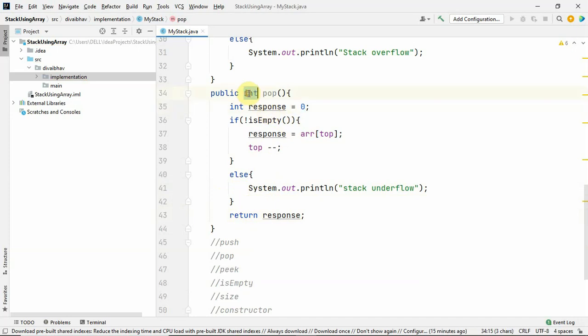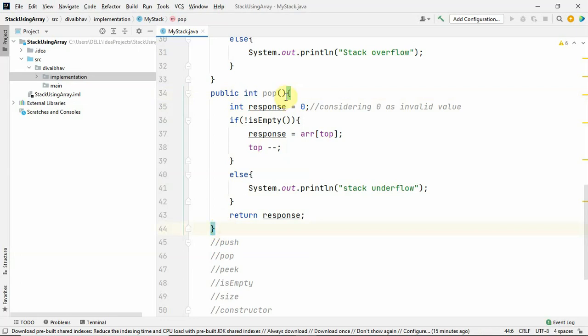Okay, how can I identify whether 0 is a valid value or an invalid value? With this implementation, when we are returning an integer value, we are considering 0 as an invalid value. Or what we can do, we can use a wrapper class over here, so we can return null. I will keep that discussion for the generics implementation. When I perform the generic implementation, I will let you know.